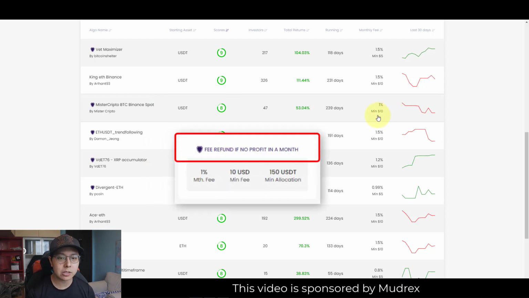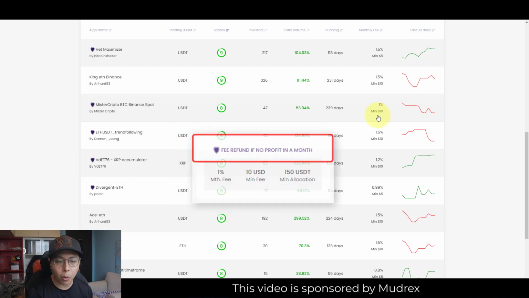In other words, if it's not performing as well as the market, you don't pay a fee. But if the performance is better than the market, I feel it's fair to pay a fee, a win-win solution between you and the creator of the bot.